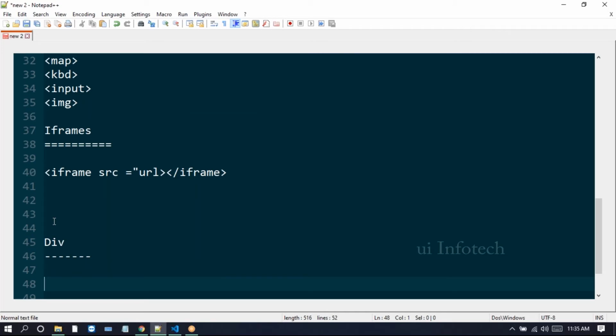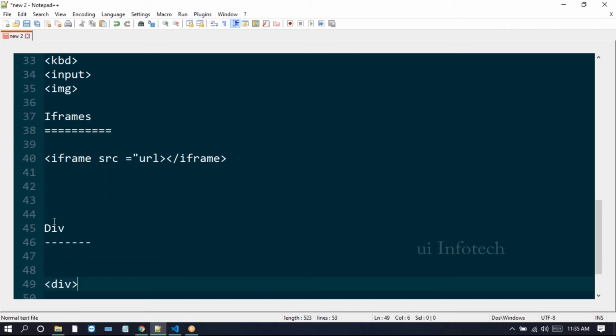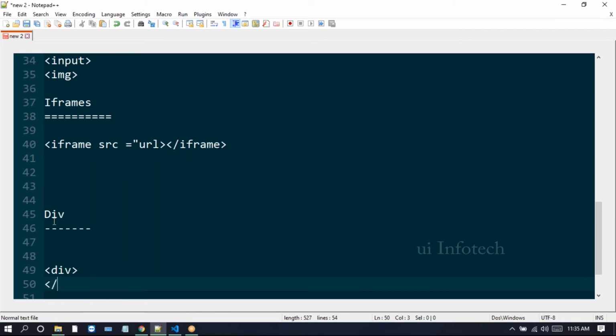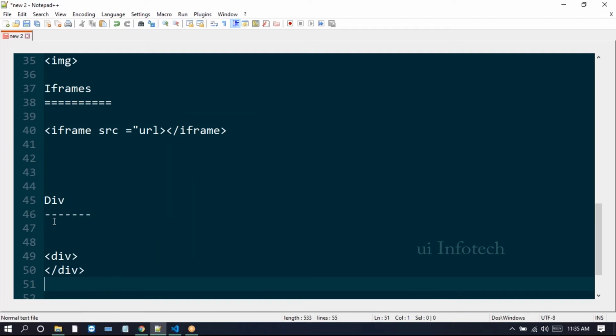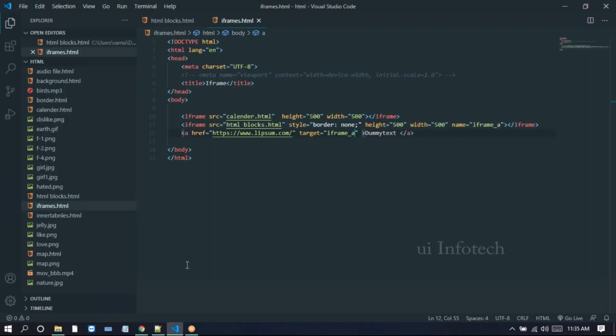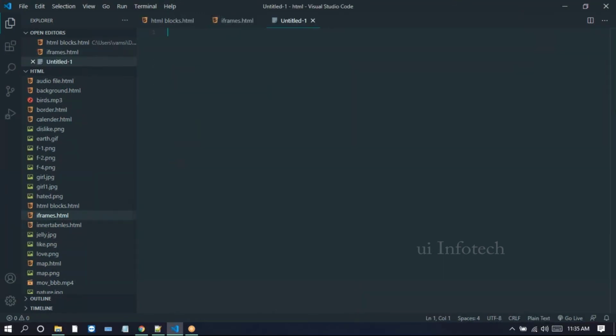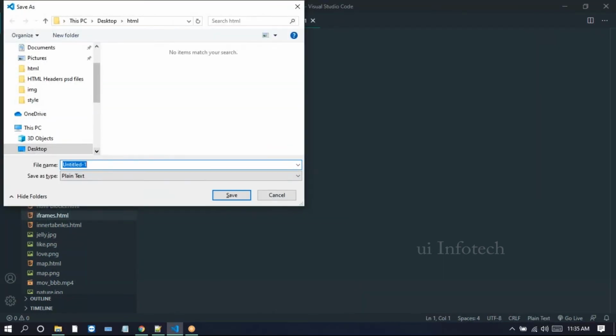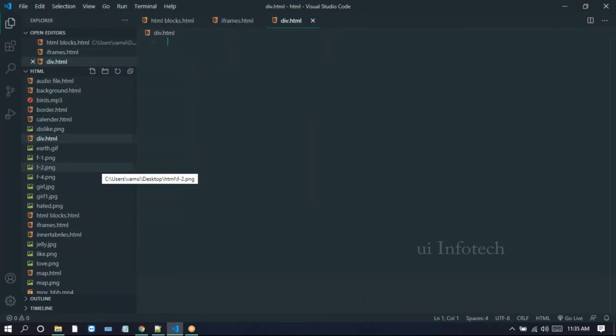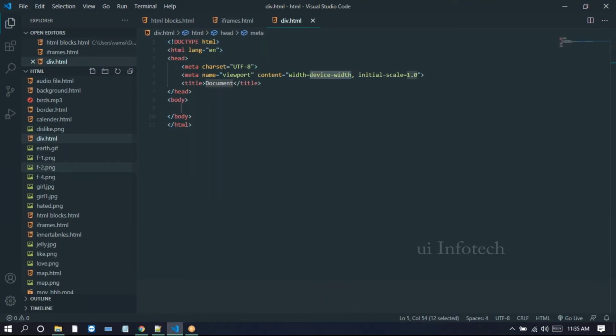What is the use of this div? It will gather the group of all elements, so we can place all elements inside of this div only. The div is commonly used with IDs, styles, and classes. These are the common attributes we can use in the divs itself. So div is used to generate a box type container. How can you create the div elements in HTML? Using the div tag, we can create the div elements.